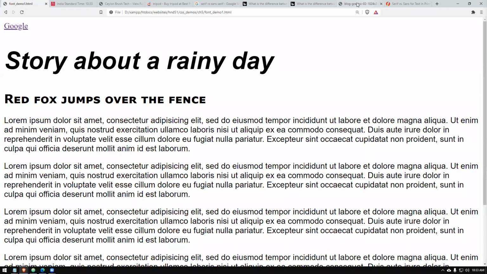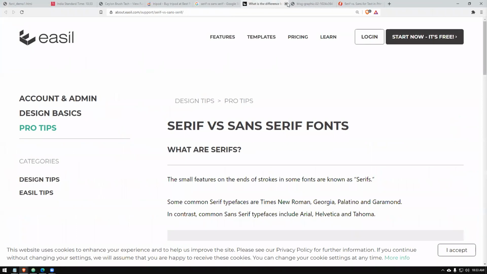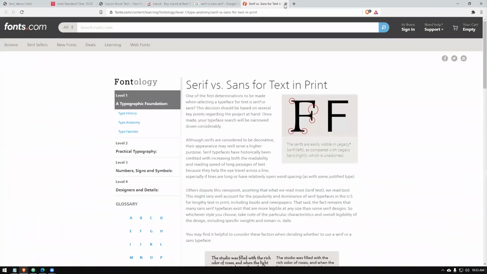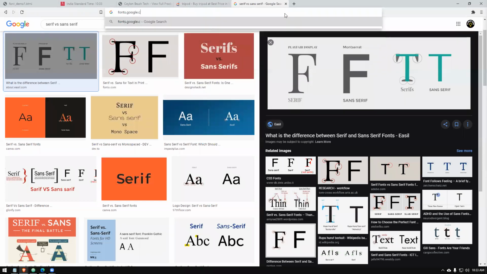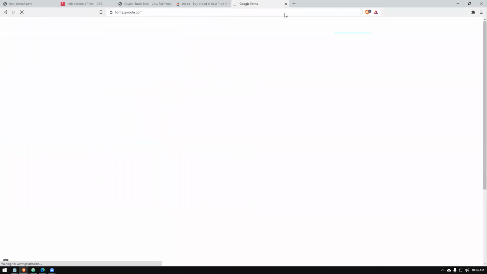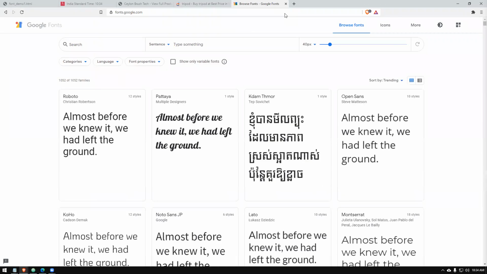So you can go to fonts.google.com, right? So you can go to this website, fonts.google.com. If you go, there are plenty of fonts available, right? So there are decorative fonts also, like this calligraphic type of fonts. This is like Thai font. And there are so many variants, so categories you can choose, right?